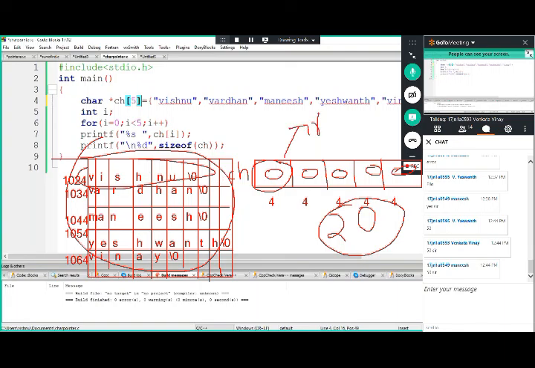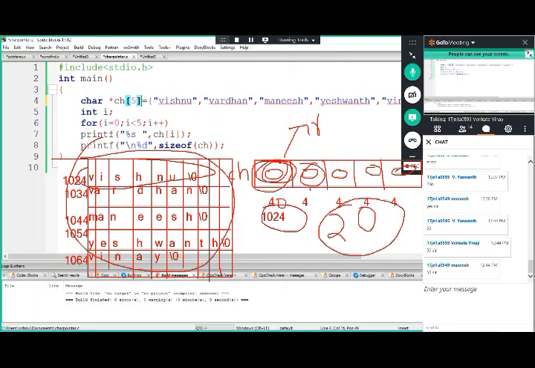Why? Because here let us consider this address as 1024. What will be the next location address? Can you guess? I am not asking about the ch address, ch of 0 address. If I print ch of 0, let us consider it as 1024.